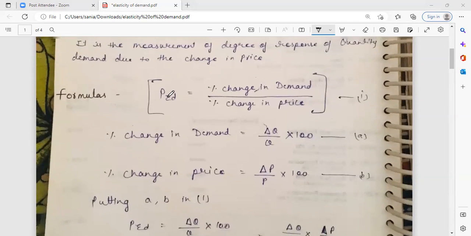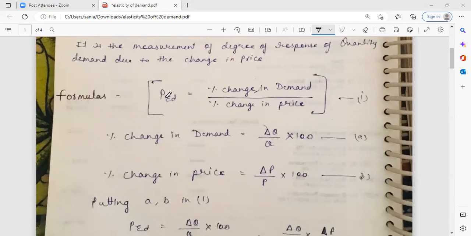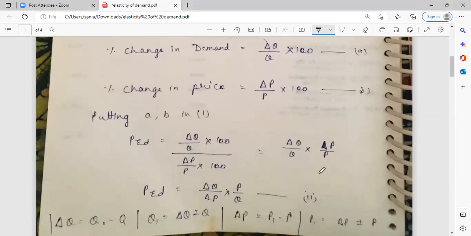Okay. Now again the formula. So there are some formulas basically. So first formula is PED, price elasticity of demand. Okay, this is percentage change in demand divided by percentage change in price. This is your first formula. Okay, there is one more formula which is PED equals delta Q divided by delta P, multiplied by P and Q. This triangle is basically the delta. This means change in Q, this means quantity. Okay, divided by change in price, multiplied by P over Q. Clear? This is your second formula.